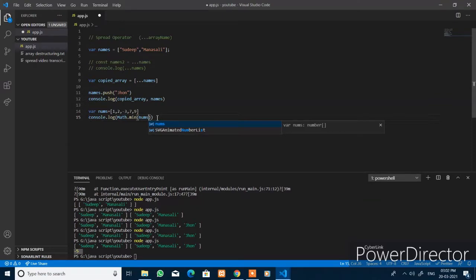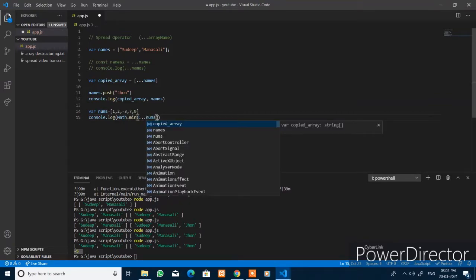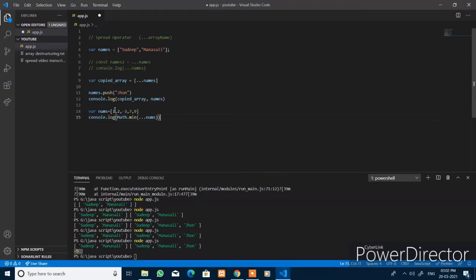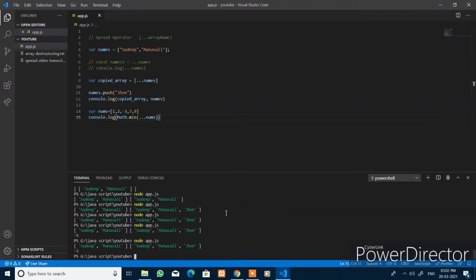So the Math.min function will not take the array values, so you just put the spread operator in front of nums. It pulls out all the elements, that is 1 2 -3 7 9, and adds them here and passes them as arguments, and that will return -3 as an output. This is the smallest element present within that array.